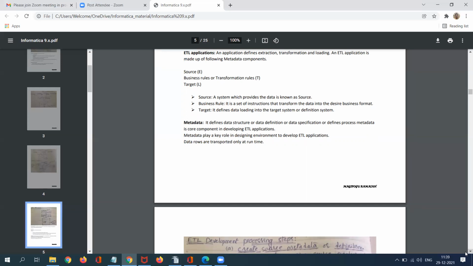The third one is target. Why do we need source and target? Source and target metadata is mandatory to design your mapping. We'll see later how to design a mapping. What is the importance of our source and target metadata?